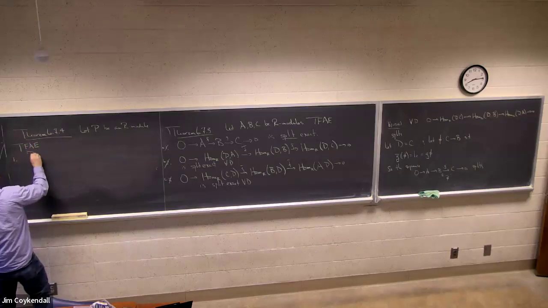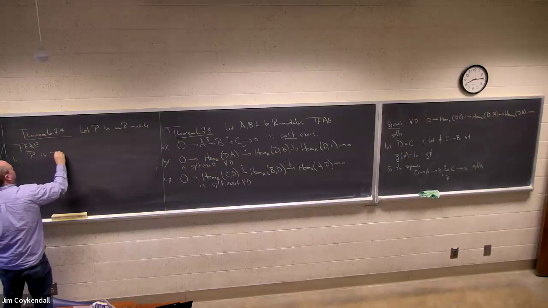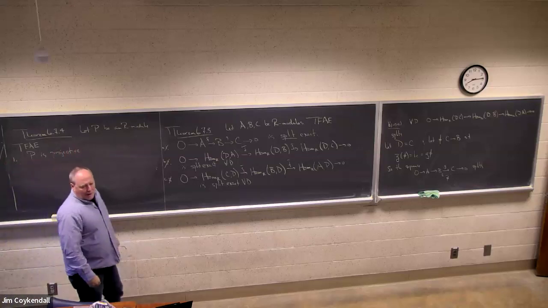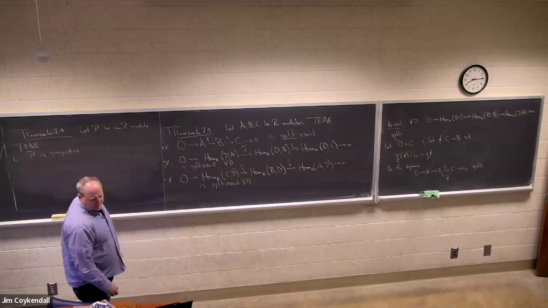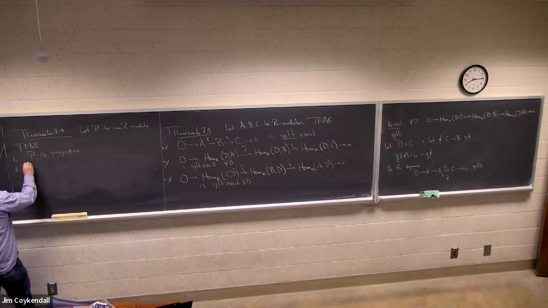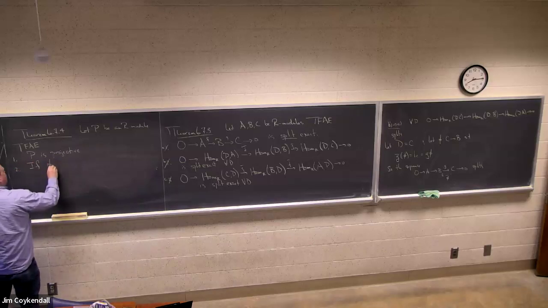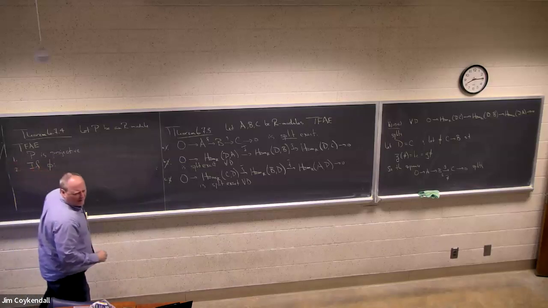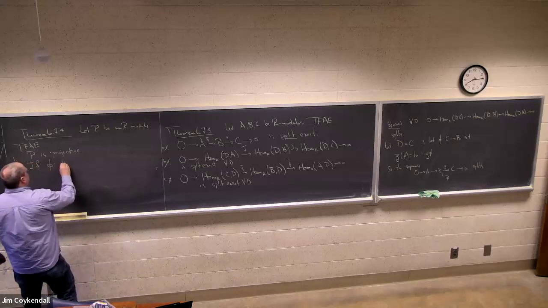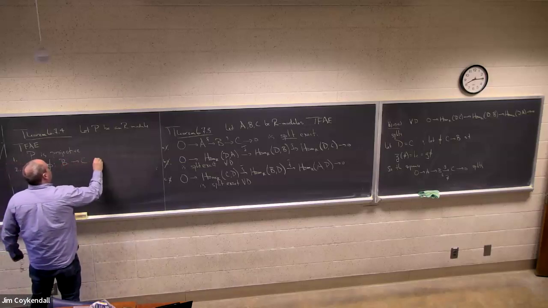Number one, P is projective. Number two, if the map phi from B to C is onto,